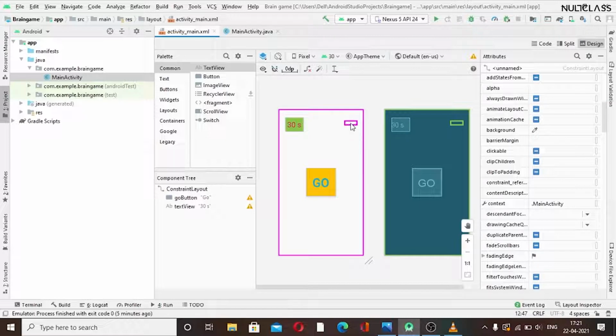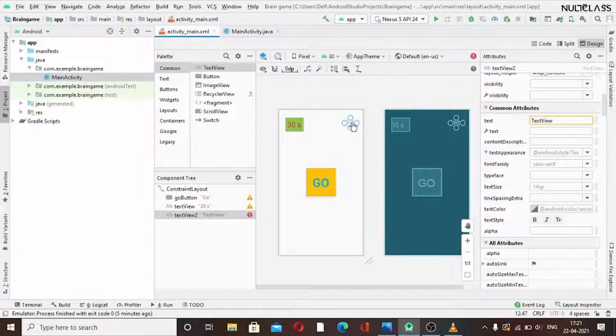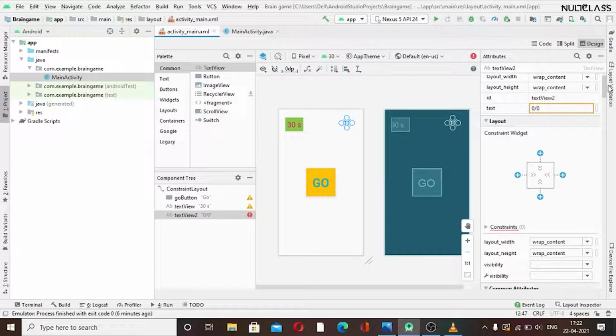We want the score text view here, so we have to give the score. Initially you can give anything, like I will give 0 initially. So I will quickly add other things also.